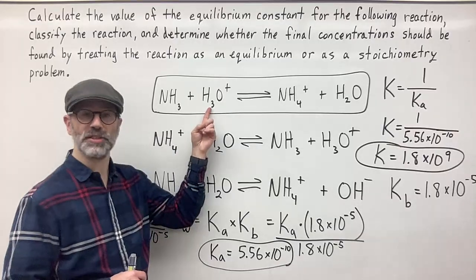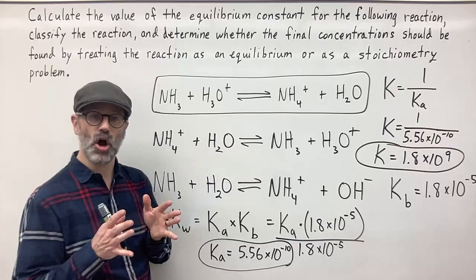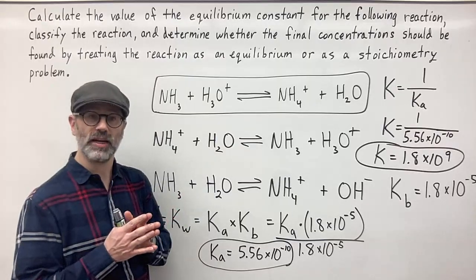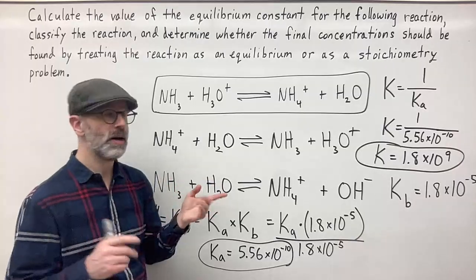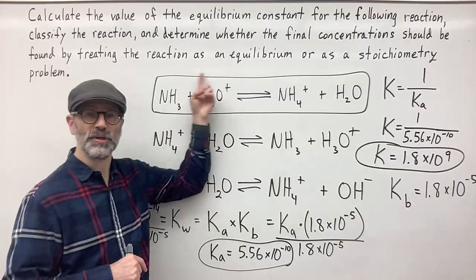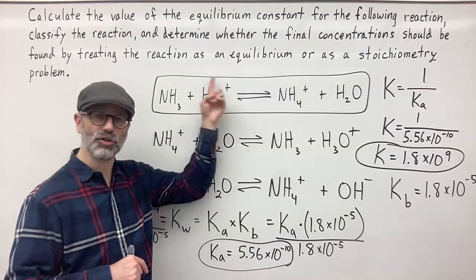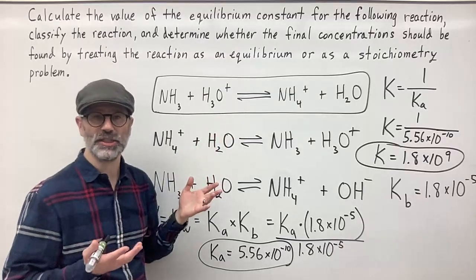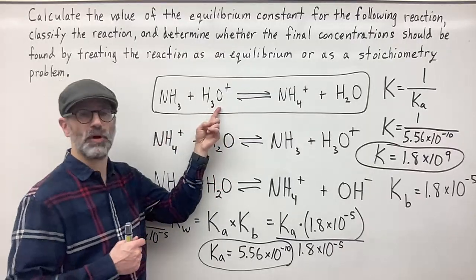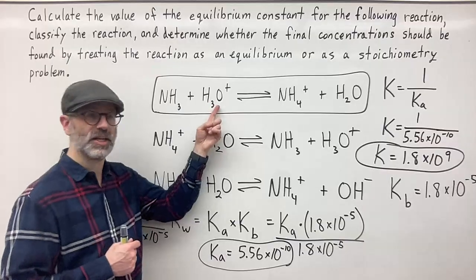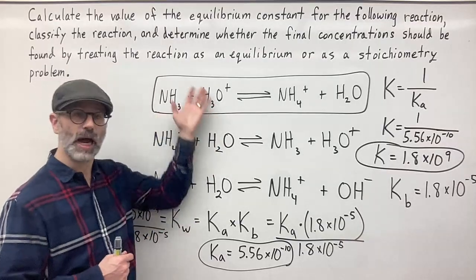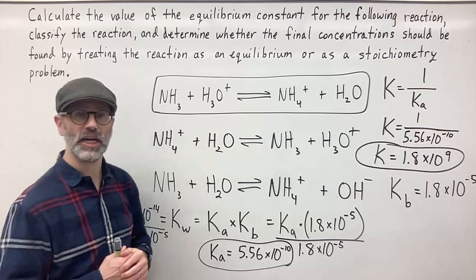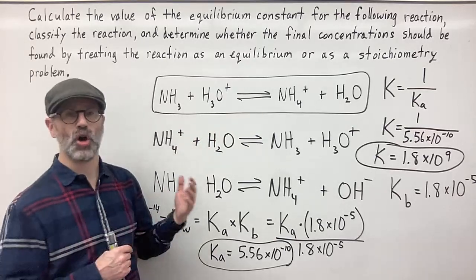The reason for that is because strong acids will ionize completely in water, and so you can represent that merely by the hydronium ion or H plus concentration. So here this would represent a strong acid reacting with a weak base. So yeah, that's the type of reaction you have going on here. It's a weak base, strong acid